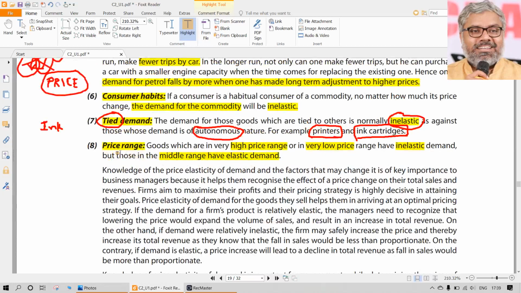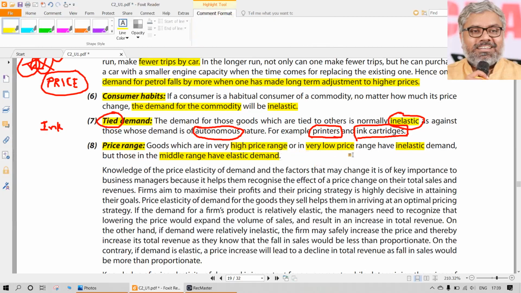So, very high price range. Once again, go back to the Veblen goods type. Say a Mont Blanc pen: 15,000, 40,000 rupees, 1 lakh, 2 lakhs rupees. Pens are available, Mont Blanc. Some products are there like that. Such commodities will have a high price range. Are they going to be price elastic? No. If a Mont Blanc pen originally costing 1 lakh rupees increases in price by 10%, now it is 1 lakh 10,000. Those who can buy a 1 lakh rupees pen can also buy it if it is 1 lakh 10,000. So it is not going to have an impact on the demand. So they are very inelastic, very high price range.